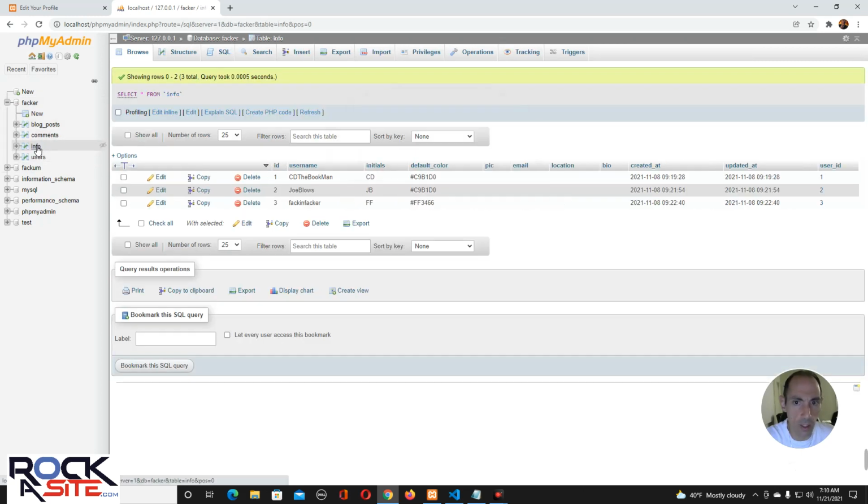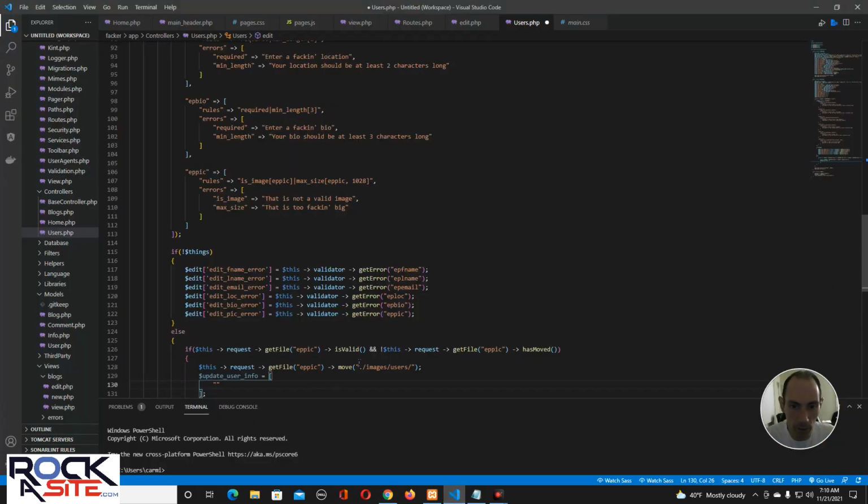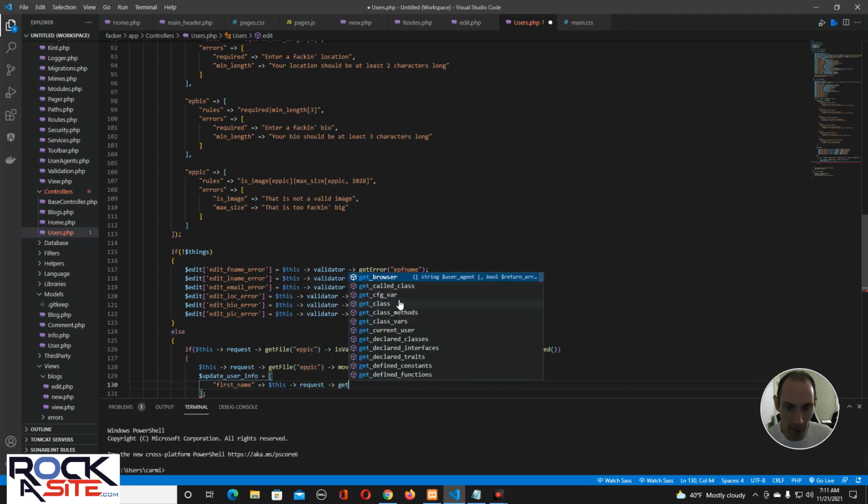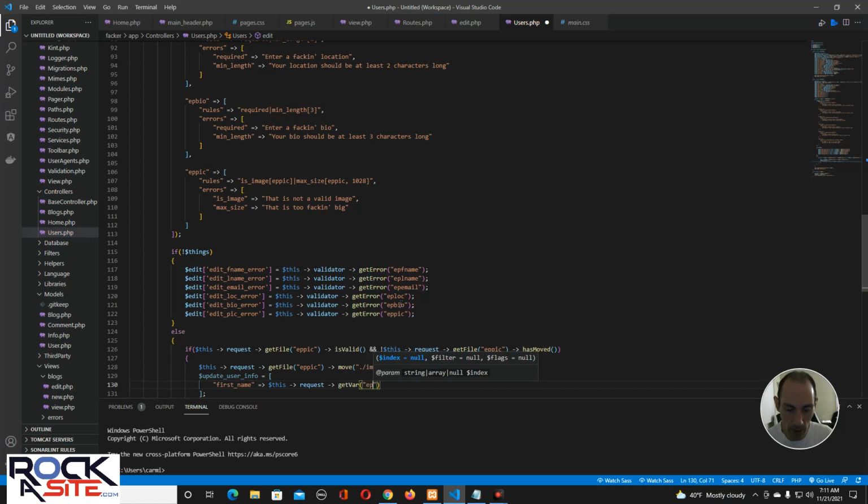And then the info is the pick, email, location, file. All right, so we're going to have to make two of them. So first name, we're going to have to update two. This is kind of stupid, but this request, this, then we're going to get var, EPF name,